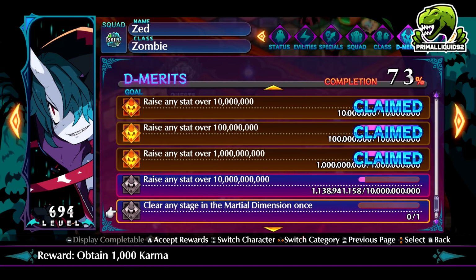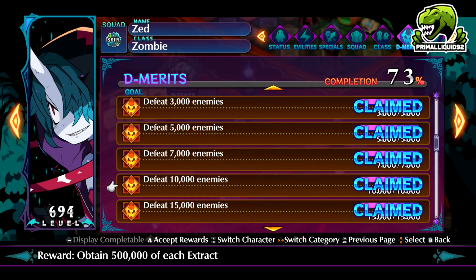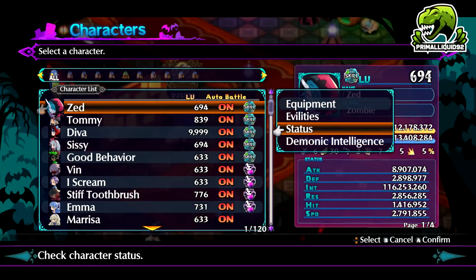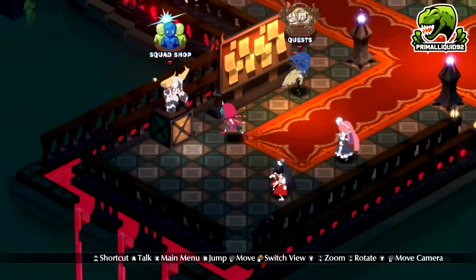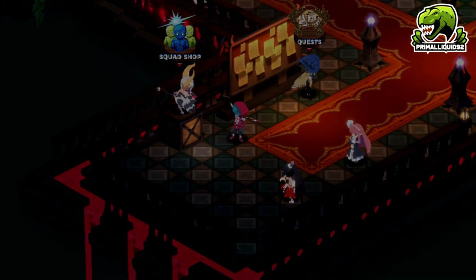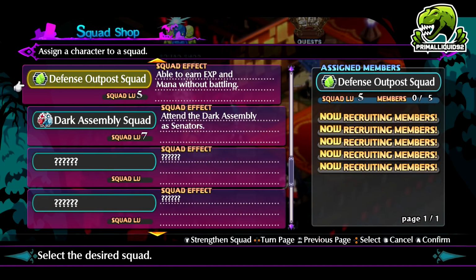We can't do Martial Dimension on the demo, and we can't do these either on the demo. So you can get up to about 75% completion on demerits as well on the demo, ready for the full game. At that point, I just suggest working on quests, maybe max out the squad shop if you want. If you're going to max out the squad shop, that is going to take quite a bit of time though,